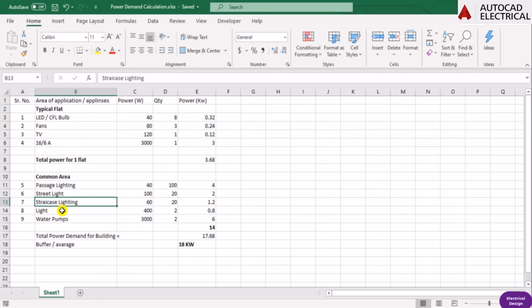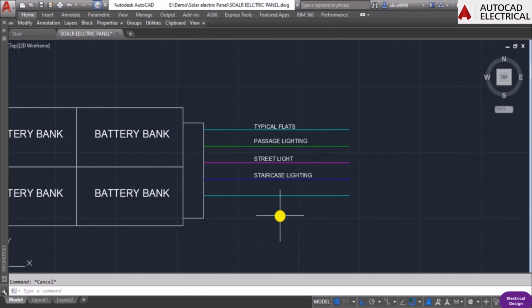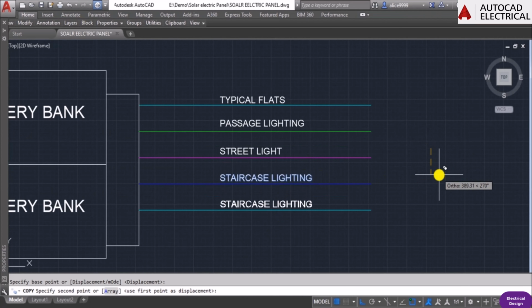The next is the lift, that is the passenger lift. So the passenger lifts